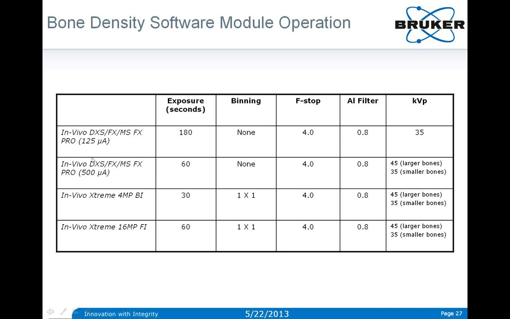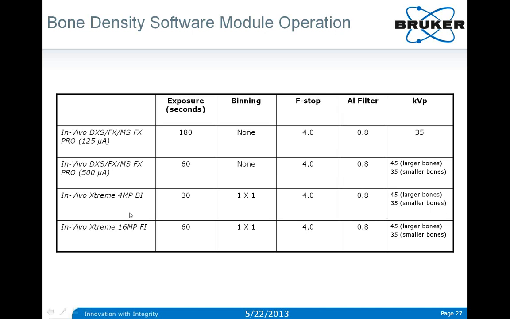Newer generation systems are higher energy, so we can acquire images faster, 60 seconds, for example, on the latest generation systems, and they have higher voltage settings as well. In all cases, we're recommending that you use the thicker aluminum filter, but again, these are just guidelines, so you can make adjustments to your settings and still perform bone density analysis, but these are the settings for nice, high-quality